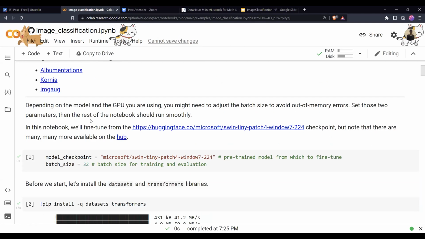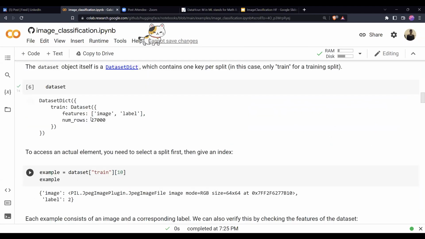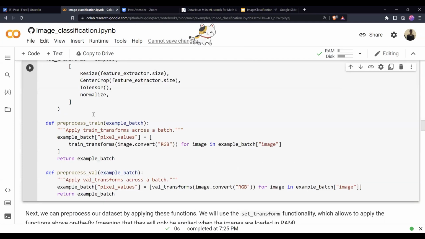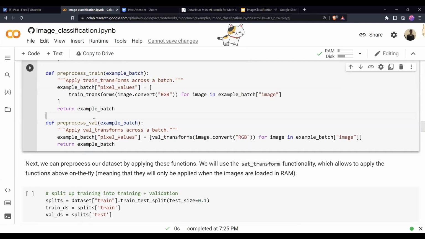But here we use native PyTorch augmentations. Once you do it, you create two important functions called preprocessing. This preprocessing returns an example batch. This batch is what goes into our model.